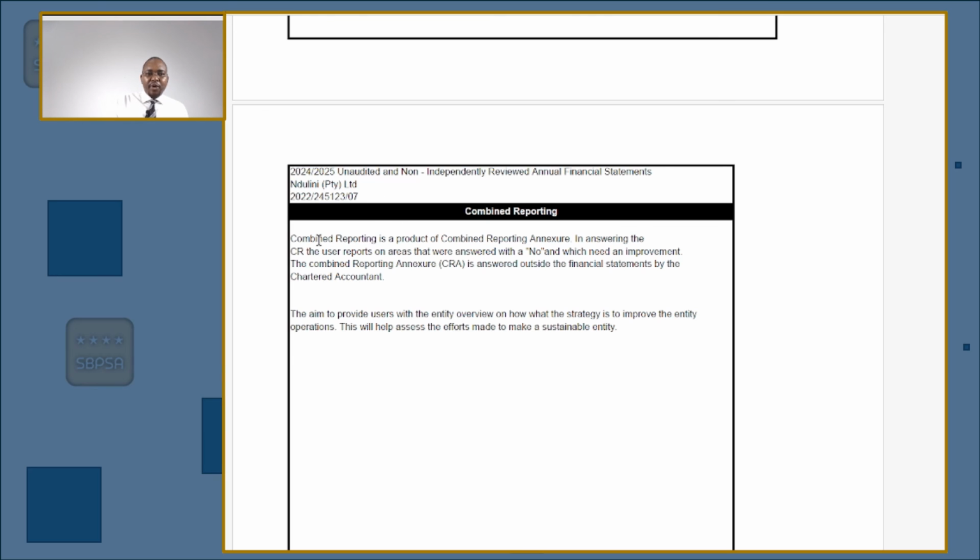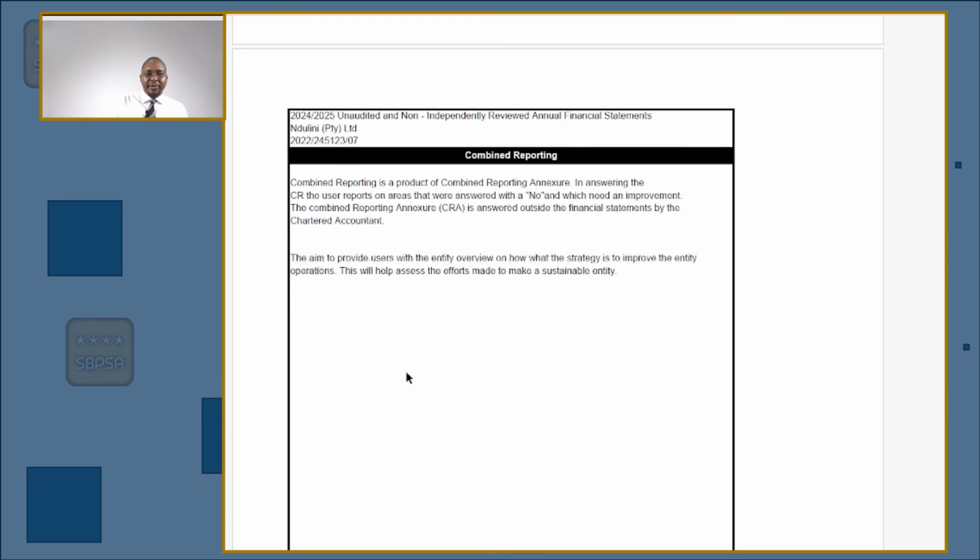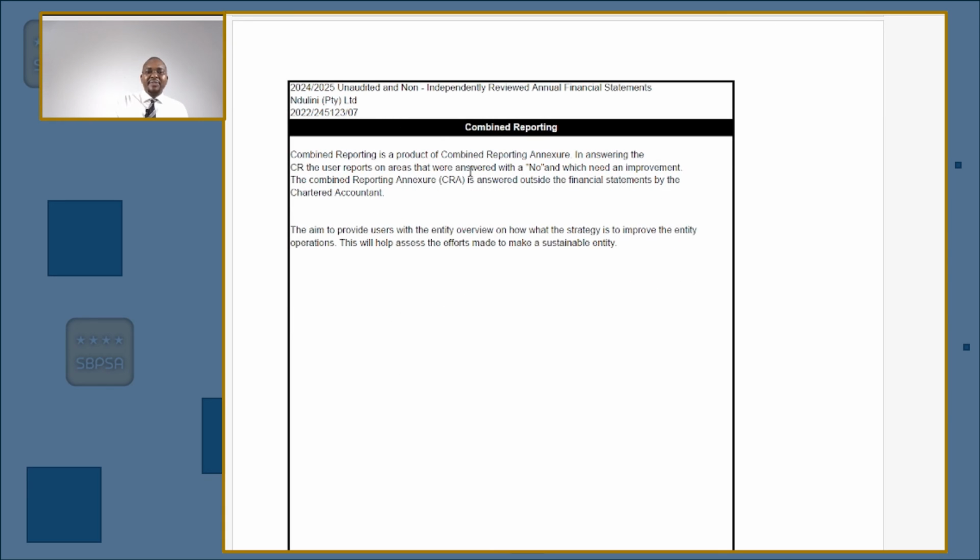And they said, yeah, combined reporting is a product of a combined reporting annexure. In answering the CR, the users report on areas that were answered with a no on the CR report. The combined reporting annexure is answered outside the financial statement by the chartered accountant here in this part, okay? Because when we read this part, it gives us some sense of what has happened in the financial statement. The aim is to provide users with the entity overview on what the strategy is to improve